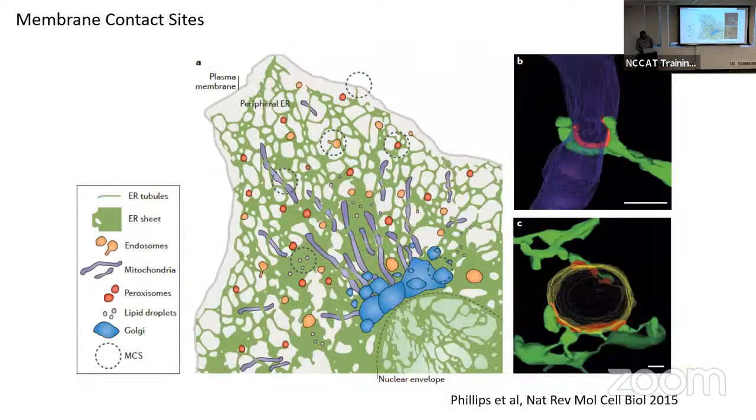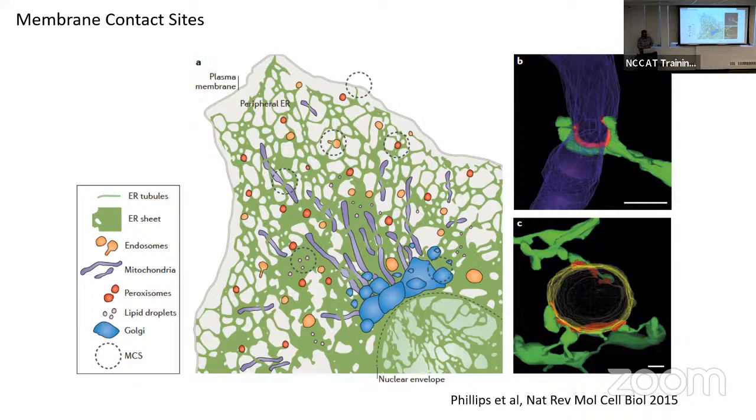So if you look at the mammalian cell, you have many organelles. ER really stretches all over the cell, and it's really a powerhouse. It creates proteins, lipids, it stores calcium. So all the other organelles depend on ER for these things and many more things. So this is satisfied through contact sites, and